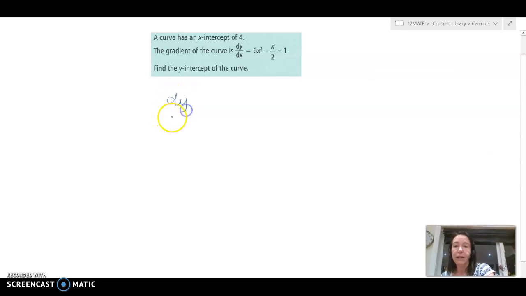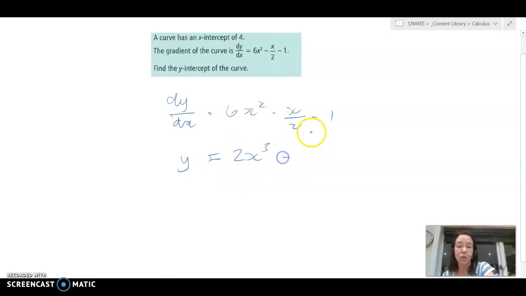I've been given dy dx equals 6x squared minus x over 2 minus 1. This is going to be then in terms of y. My original function would be 6x squared, so this is going to be x cubed, 6 over 3, which will give me 2,